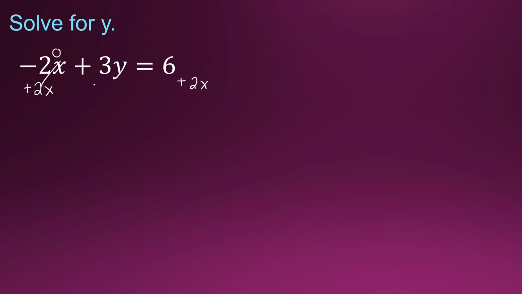2x's cancel on the left. I bring down my 3y equals 2x plus 6. Just like the last problem, coincidence, I need to divide by 3. 3's cancel and become 1. I'm left with y equals, my numerator will be a 2, my denominator will be a 3. Bring down the x, and over here 6 over 3 gives me